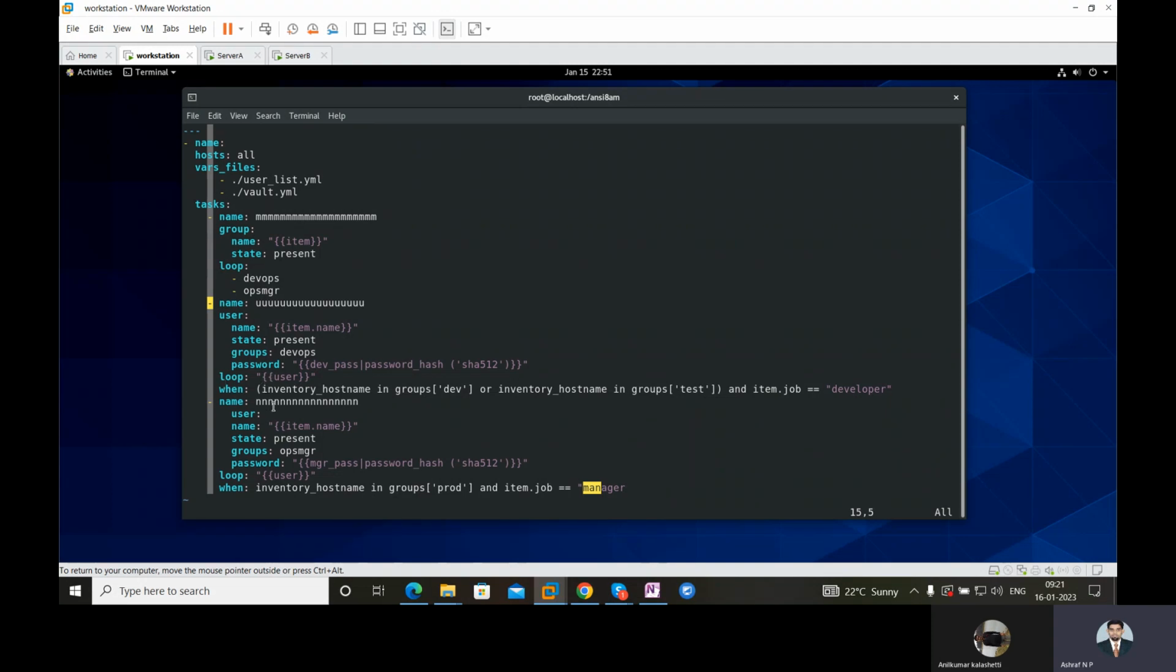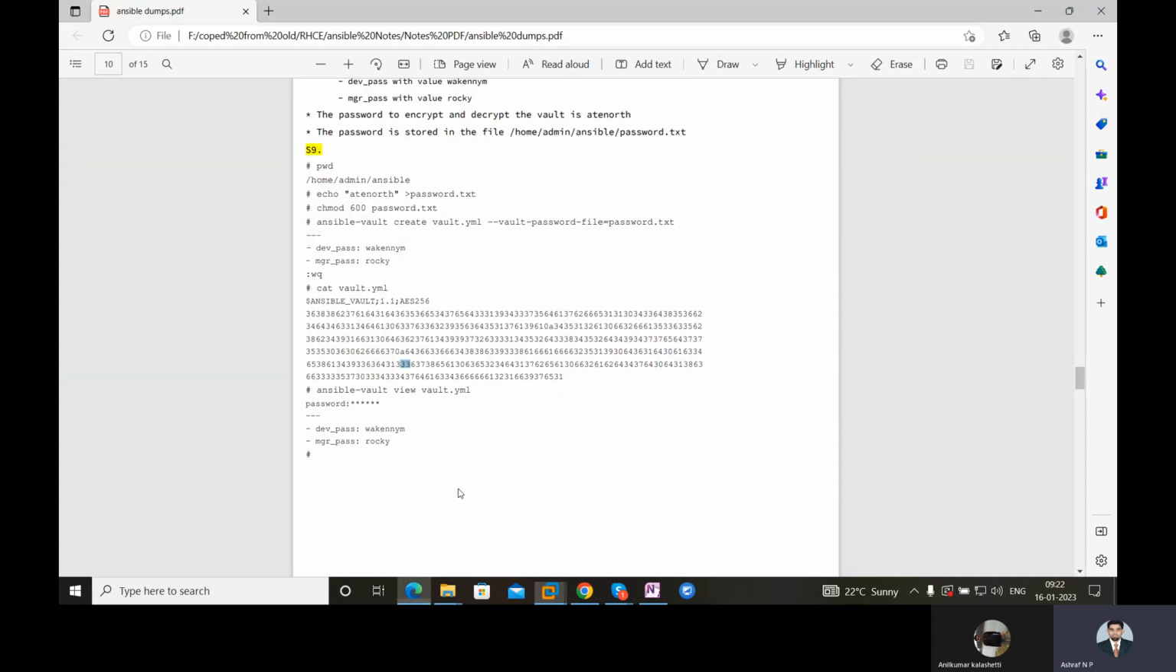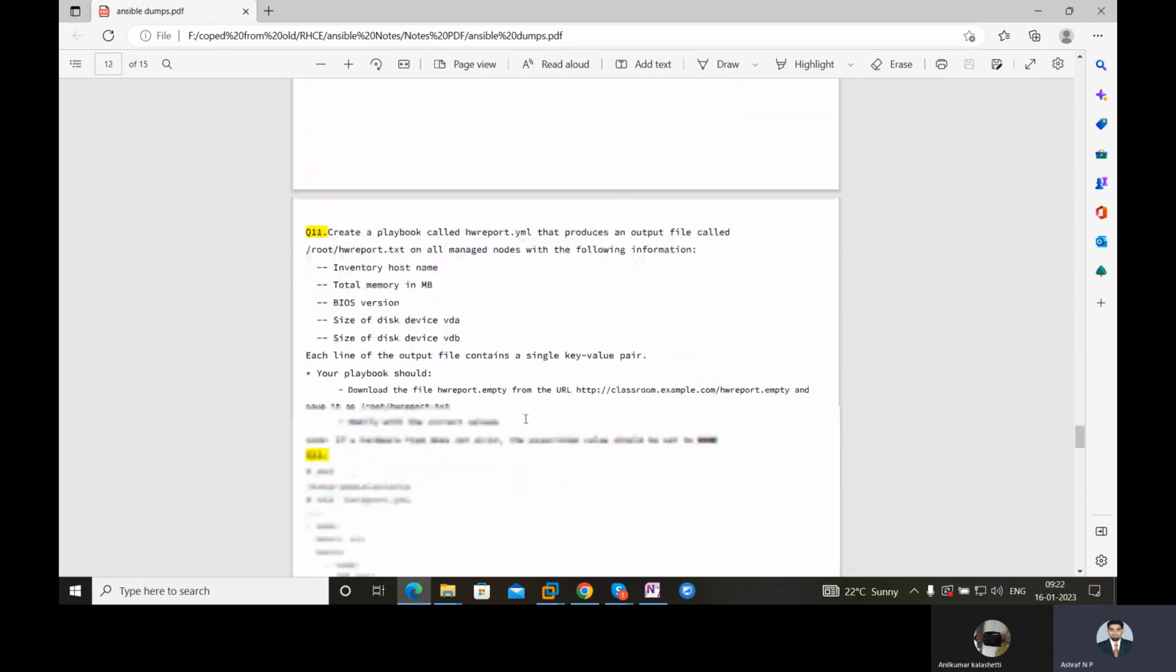Condition: what they mentioned, inventory hostname. This is the first time we are using this particular variable, inventory hostname in groups dev. Okay, we have a dev group, and inventory hostname in groups prod. They have mentioned it very well here. Inventory hostname should be the